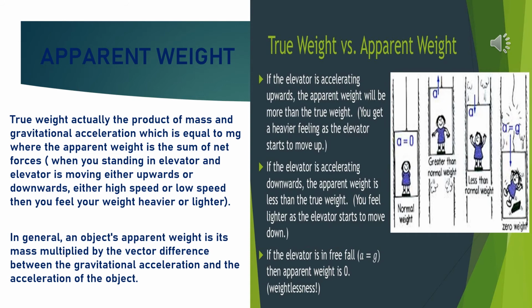of apparent weight. So when a body is fully immersed in a liquid, there is an apparent loss in its weight, which is equal to the weight of the fluid displaced by it. So apparent weight of a body completely immersed in a fluid is the difference of its actual weight and weight of the fluid displaced by it. Thus, if weight of the body is equal to W1, weight of the fluid displaced by the body is equal to W2, and apparent weight of the body is equal to W dash, then you can say apparent weight, that is W dash, is equal to W1 minus W2. That means weight of the body minus weight of the fluid displaced by the body.